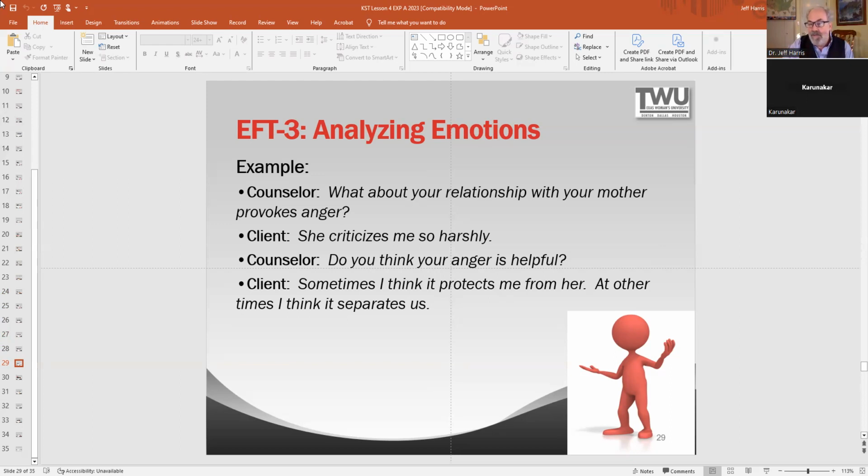And then they would make a judgment about whether to try and, how to, if anger is seen as an adaptive emotion, we might figure out how to express it in healthy ways. If it's maladaptive, we may look for some hurt or sadness or pain underneath. Often anger is a secondary reaction to a more primary emotion.